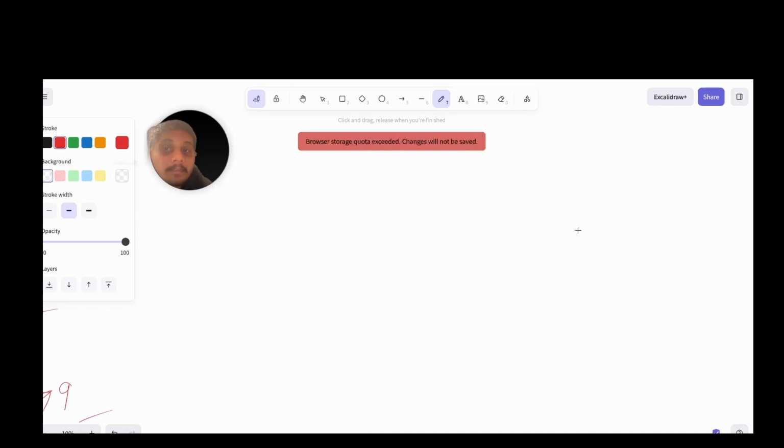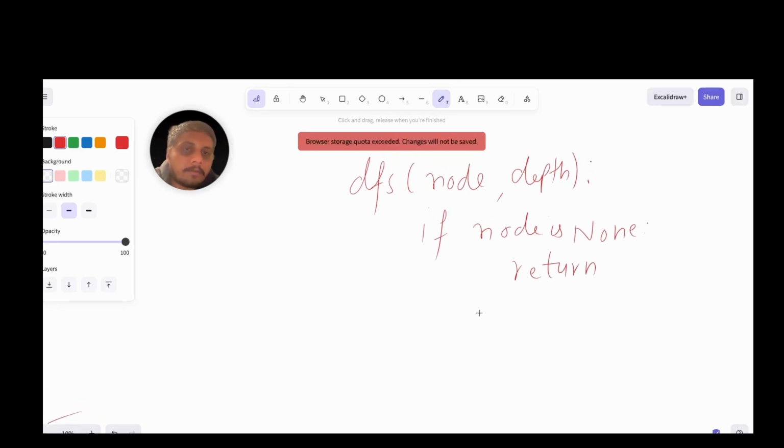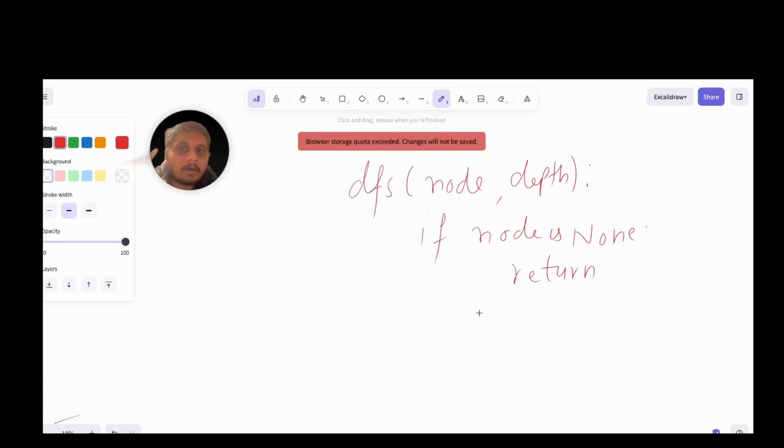So let's implement this helper function or DFS function in order to solve it. So let's say I have this node and then I have this depth variable, and here I see if the node is none, then I will return right from here. If it is not none, then what can be the case if this is not none? Either I am moving to the new level. So if I am moving to the new level, so let's declare an array. Let's call it answer array. So this is an empty array. So if I am moving to a new level,